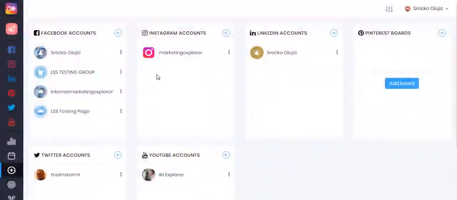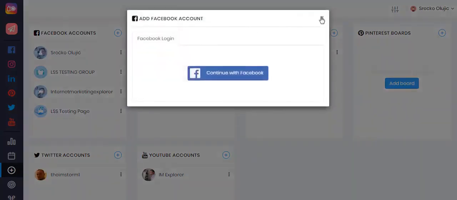Alright, so the first step is to add your social media accounts, and you can do so by clicking the little plus icon on the left hand side here. This will bring you to this page where you can add your accounts. You can do so by either clicking on the little blue button or the plus icon in the upper right corner. From here you simply follow the instructions in the pop-up window and this will add your selected social media